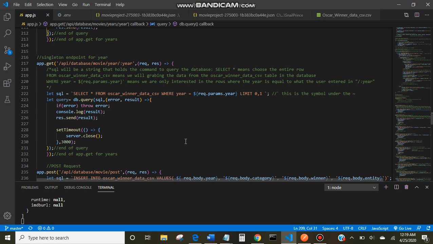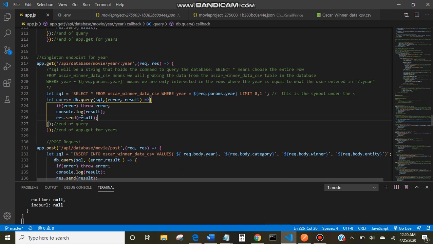So in this one, you'll notice that if we scroll to our SQL command, there's a little thing that says limit 0, 1. And basically what this means is that I want you to only take one row from what you grab. And the 0 just means offset from the beginning. So from the very beginning of the table and what you find, I want you to grab the first result. So that's what it means. You'll just notice that that was an experiment. I'm not sure why that's here. Basically, we're going to send the results over to the